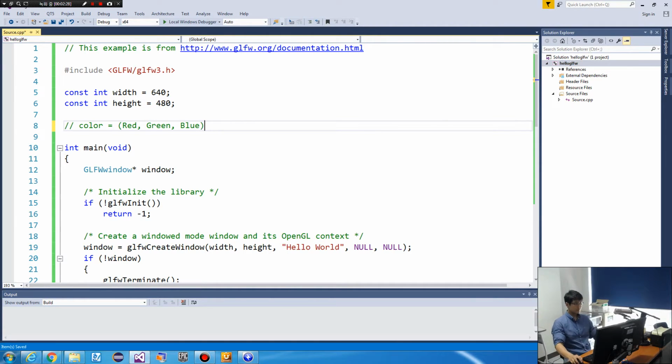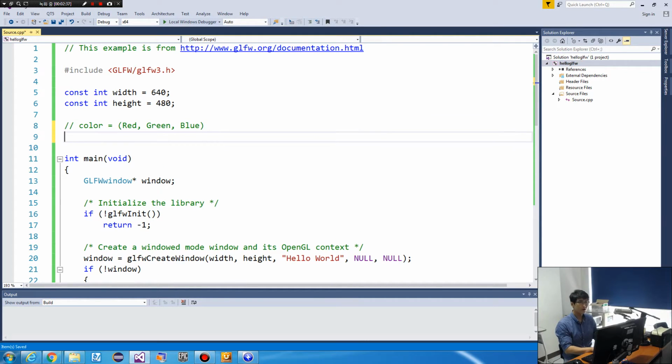Okay, so we want to draw something on the screen, and it means that we need to define an array of color pixels. So let's define a float array. So maybe this is our canvas or pixels, right? So let's use the name pixels here and allocate memory width times height.